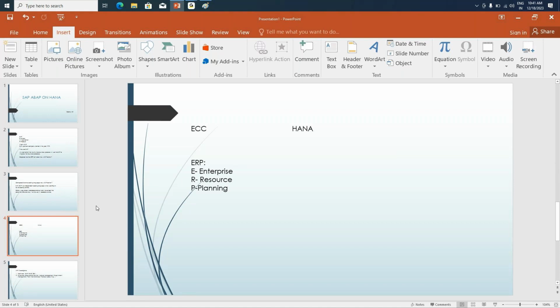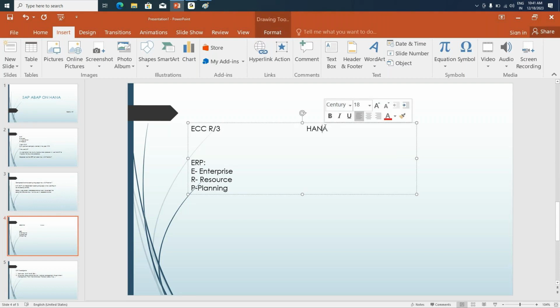Simple. That's it. And we have two versions of SAP currently. That is ECC. ECC is also called as R3 system, and HANA system is also called as S4 system. Just alias names of these systems. This is also called as R3 and this is called as S4. There is a reason why it's called 3, because there is an architecture that is behind this. But yeah, well, let's not look into everything right now.